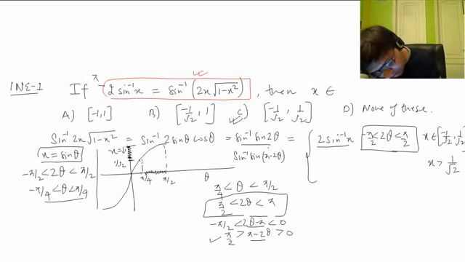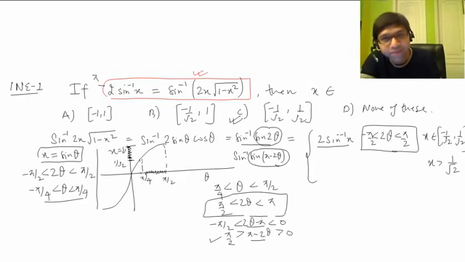Can we write that? Yes, we can write that, because we have a formula: sine 2 theta equal to sine pi minus 2 theta. We can apply the trigonometric formula that sine 2 theta is equal to sine pi minus 2 theta. And now this pi minus 2 theta is in principal value branch. That's what we have figured out here. So it means now you can cancel this with this.